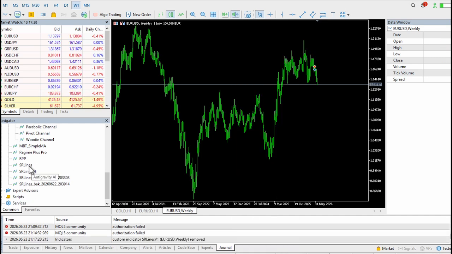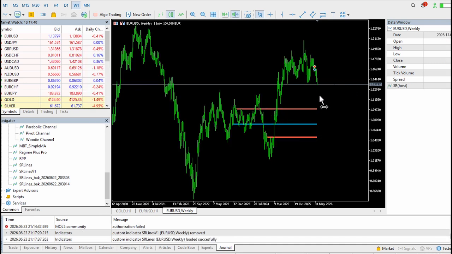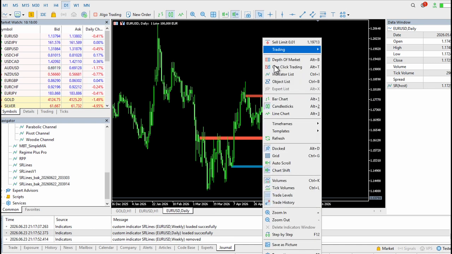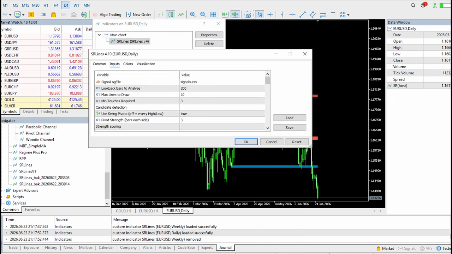Let me pull that up. This is the final version where we made a lot of improvement on it. The lines are now much better, and these are the lines, these are the supports and resistances. If I want to go through this quickly and show you the parameters, you can see that we have several